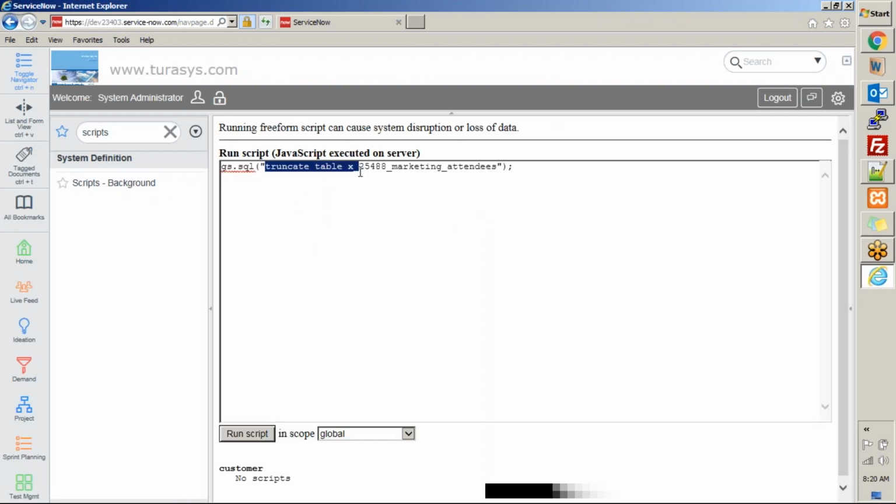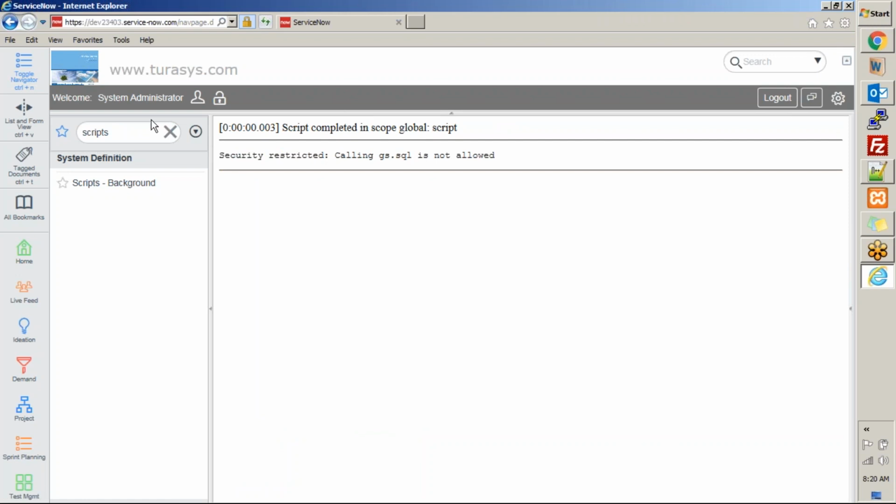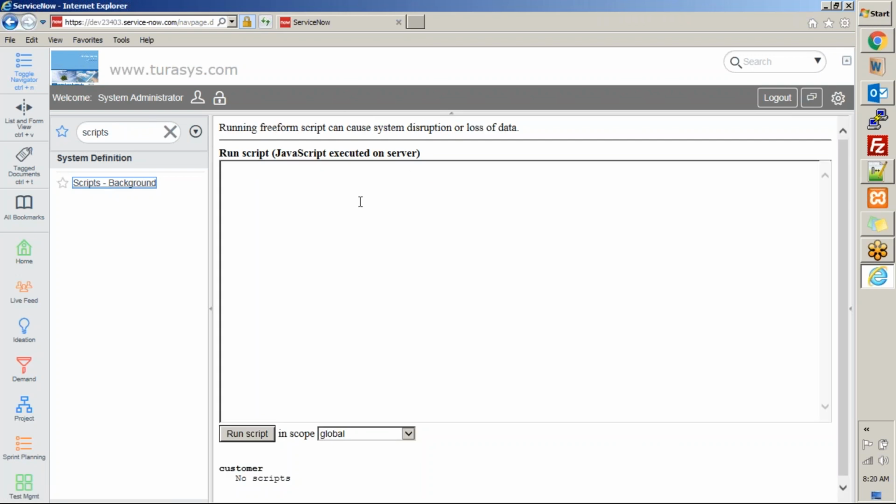Let me search on Google maybe. Okay, we'll have to find out information about this. So let's keep that. We'll do notifications one more time tomorrow. We'll look into this gs.sql. We'll truncate the records and then find out what can be done using